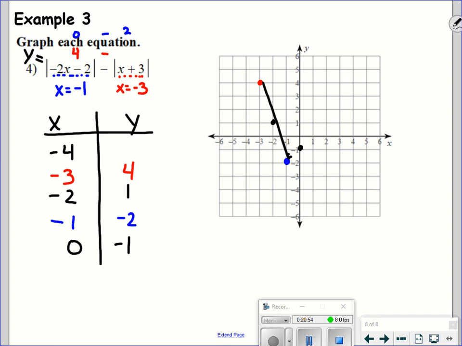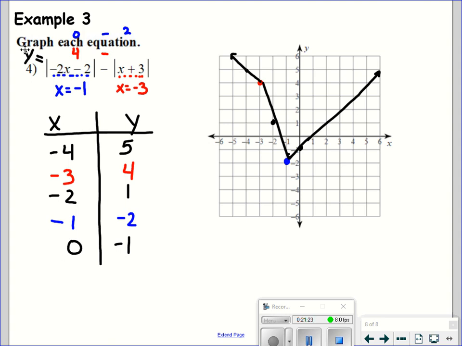From the blue vertex moving onward, you can see it's kind of charting a path like this, a linear path. We could add more points if we wanted to be more confident in that. But for the sake of time here in this video, I'll leave that as is. If I plug in a negative 4, I get 6 minus 1. 5. So the point negative 4, 5, and then that's going to chart off this line segment the rest of the way.